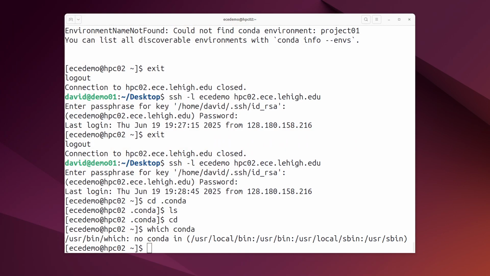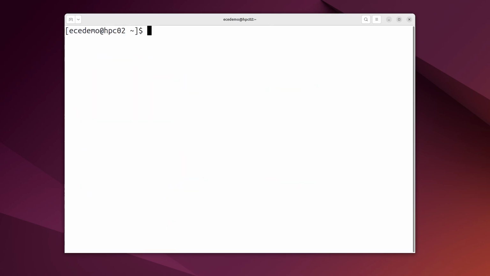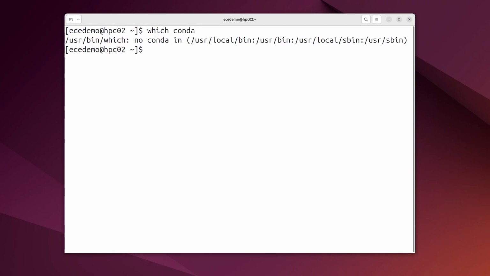Okay, so let's take a look here. I just logged in to the machine HPC02. What I'm going to do first is type the word which, conda, and this will search for the executable conda. Let's see if I can find it. And there you see, I can't see the